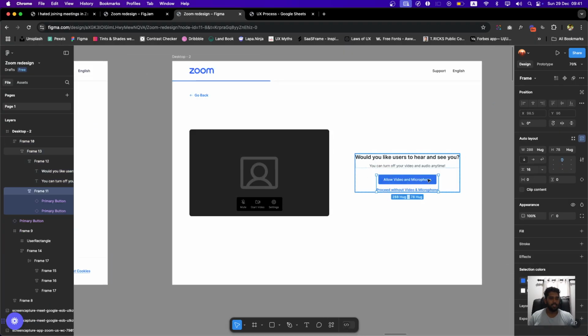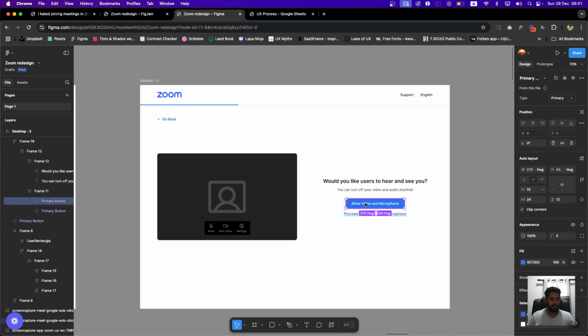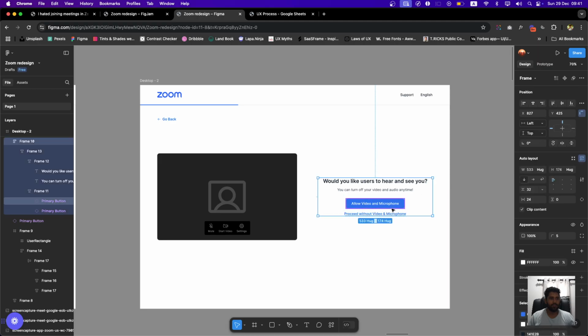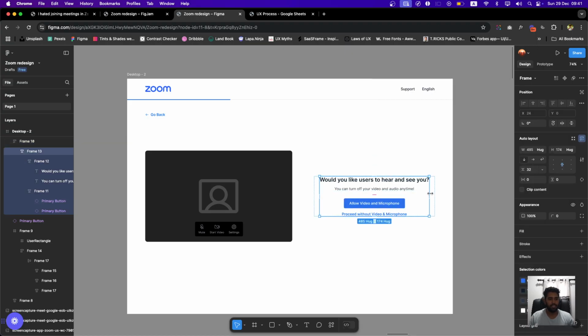And this screen is actually for someone who is joining first, and also someone who has not given permissions to their microphone or the video. As you know, whenever you are using something from Chrome, you need to give permission for those specific websites to access your hardware devices. And instead of asking the user out of nowhere to give them access, I just made sure that they have this